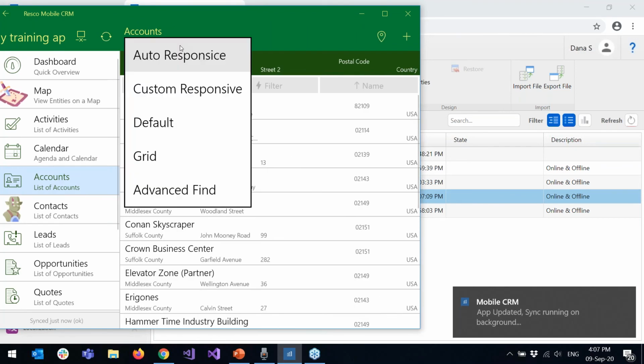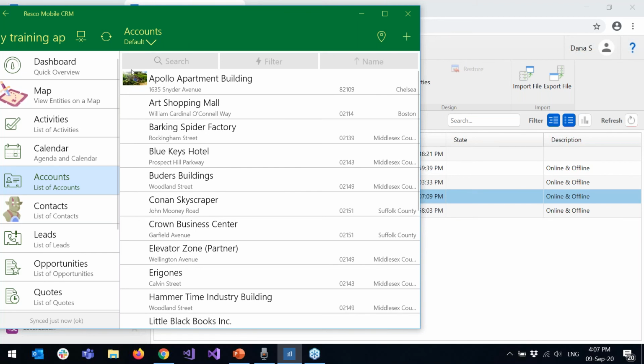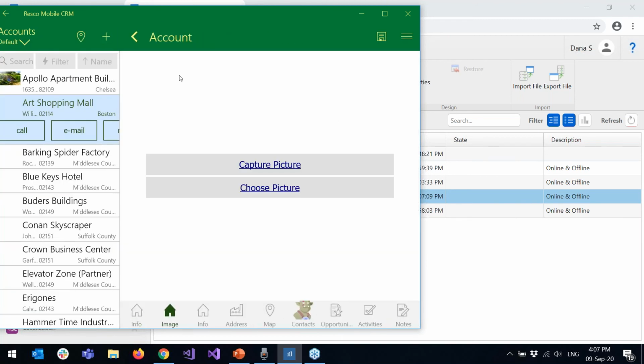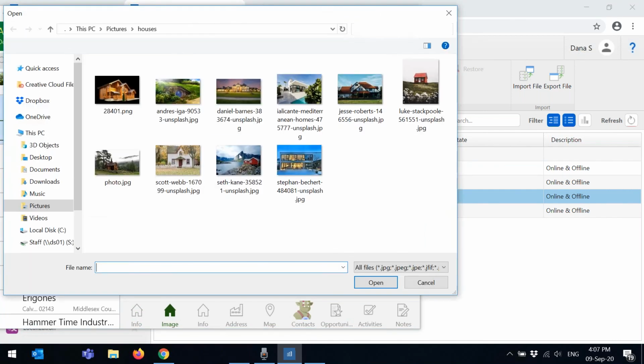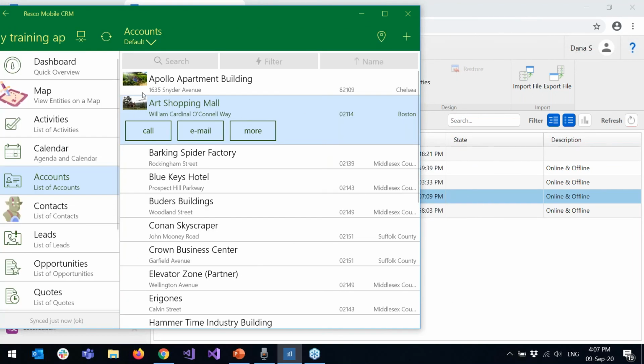I think I did it in default view, right? Yes. So you can see there is this pretty image of something, but we've got some white spaces here because this doesn't have any image. And yes, I can choose like this one, add it here, save it, and it will be shown here, but